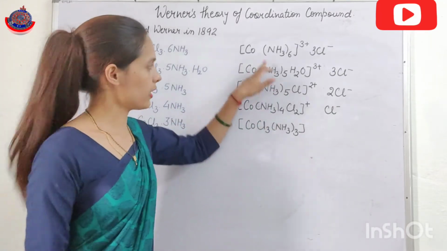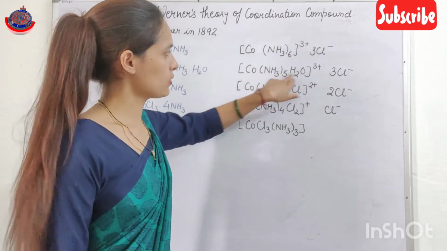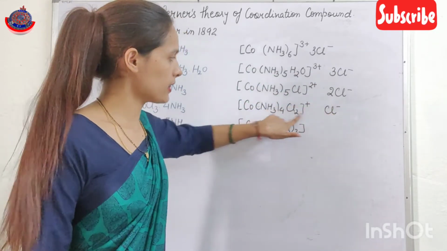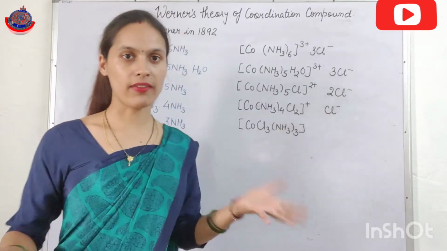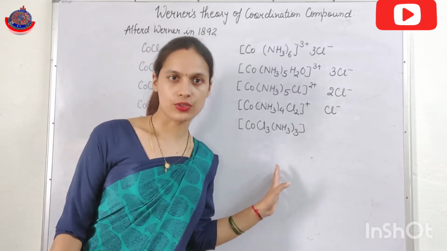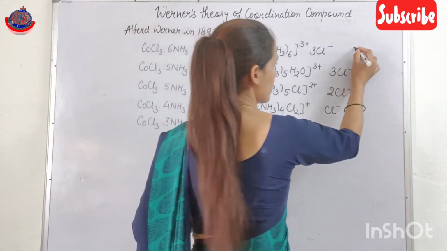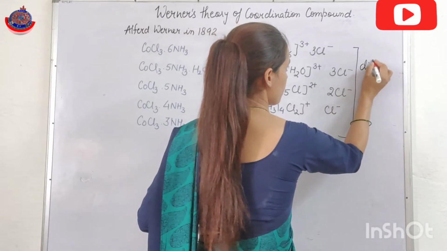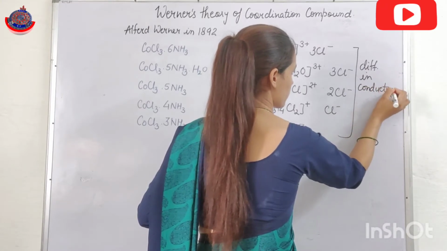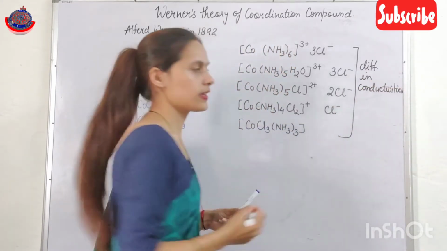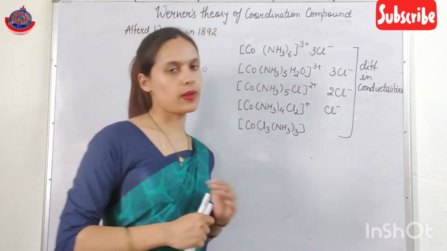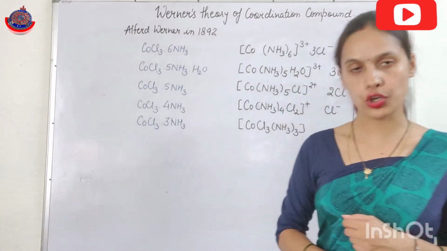0 Cl negative ion. Now in this we have 4 ions. In this we have 4 ions. In this we have only 3 ions. One is this one and another one is this one. In this we have 2 ions, and in this we don't have any ion, and this is electrically neutral. And how we get to know that yes, we get different ions? Due to the difference in conductivities. Clear? Now through this experiment, इस experiment के basis पे Werner gave a theory